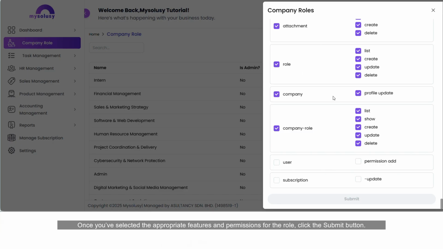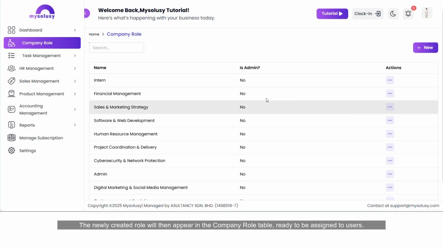Once you've selected the appropriate features and permissions for the role, click the Submit button. The newly created role will then appear in the Company Role table, ready to be assigned to users. The Company Role module in MySolusy's helps you assign the right access to the right people. By customizing features and permissions, you ensure each team member works within their responsibilities. It's a simple yet powerful way to maintain control, security, and